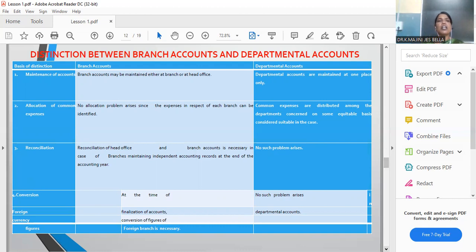Okay, it comes under branch accounts. But in the case of departmental accounts, this type of problem will not arise. So I hope you have understood and got a clear idea about the distinction between branch accounts and departmental accounts. Then we'll move on to the